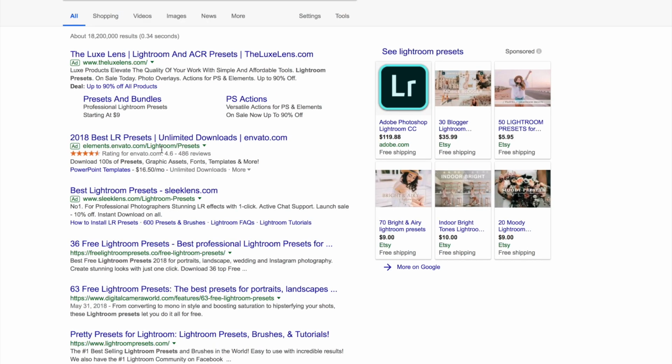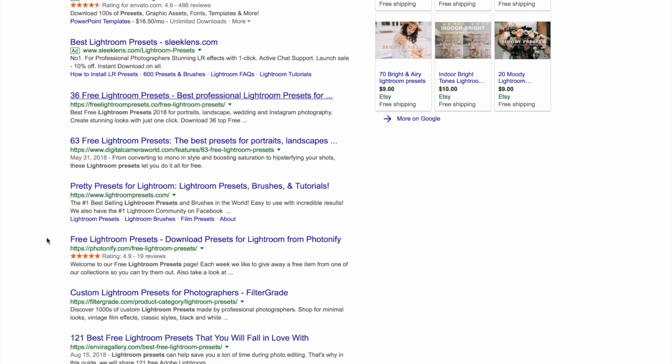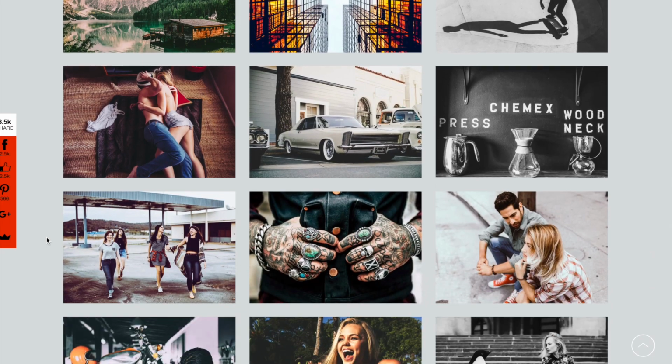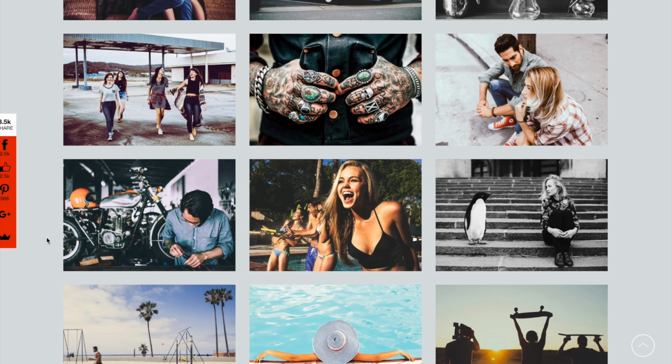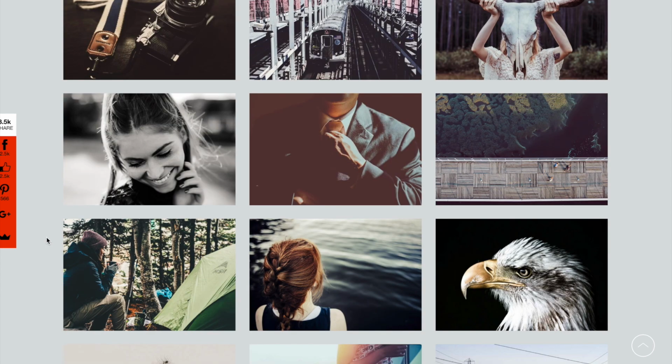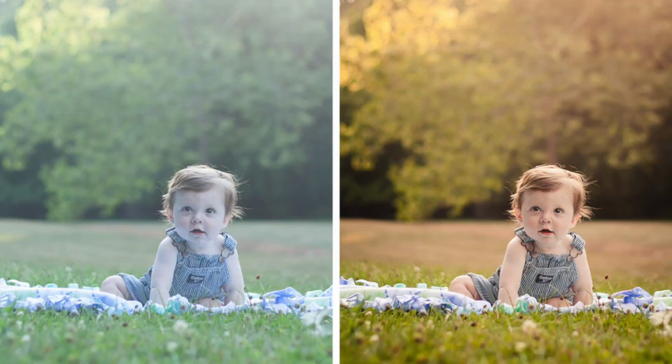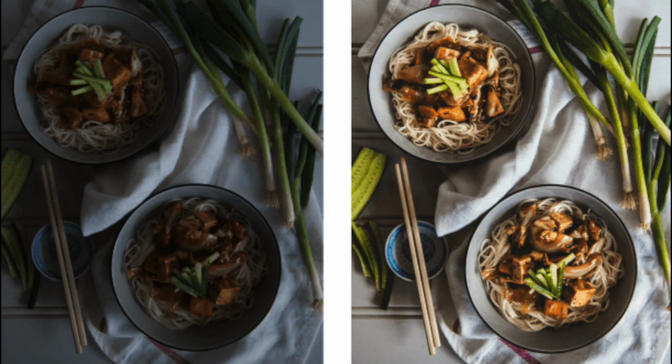The beauty part of it is that I go out and I shoot for a client, and then I come in. When I import the photos into the program, I can click to apply that preset right from the start. So before I even do any editing on the photos, they already have the preset applied, because I know this client always has this filter on all of their photos to give it that consistency. It saved me a ton of time, and I can have different presets for different clients. So this client has this look, this client has this look, this client has this look. Lightroom presets have absolutely changed the way that I do my job. It's worth taking a few minutes and checking it out.